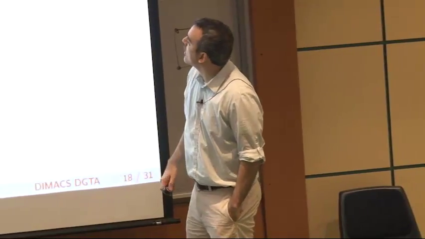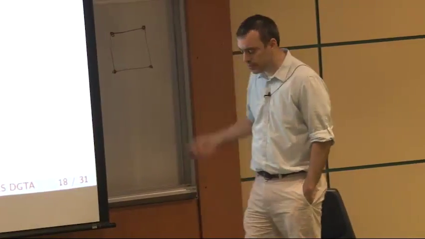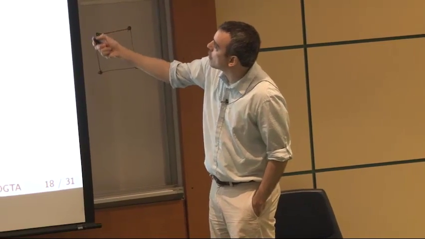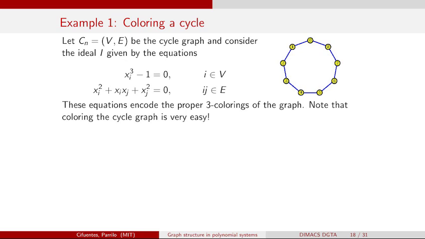And let me describe this with an example. This is a very nice example. I guess this formulation goes back to the thesis of Dave Bayer, and has to do with, for instance, looking at colorings of a graph. John wrote a very nice paper with Jesus and Susan on trying to understand solutions of these equations.